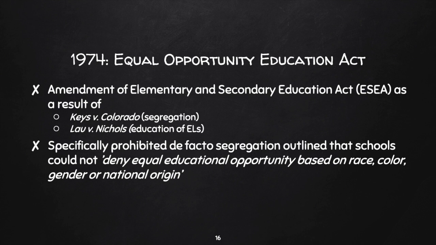And with this Equal Educational Opportunity Act, this is what helped the Lau remedies and the Lau regulations get into federal policy, because under the ruling of Lau v. Nichols and the mandate for schools to provide a quote-unquote meaningful education that the judge issued the ruling under, if schools were not abiding by the Lau regulations, they were then denying equal educational opportunity based on one of these things. So because of that, this was able to be worked into federal policy.